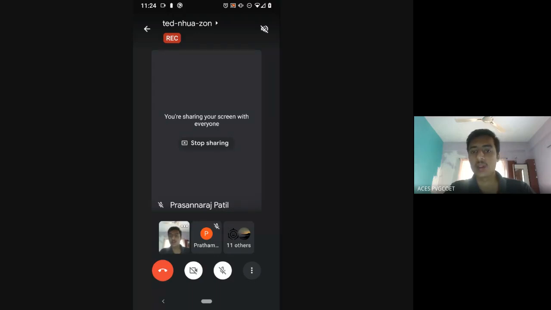Then I am creating one alert dialog builder, which will be like a pop-up for us. I am setting the title of that alert dialog as reset password, and the message as enter your email to receive reset link. In the view, I am setting the edit text object, the reset mail edit text, so the user can give the input as email. And there are two buttons, one is positive button and